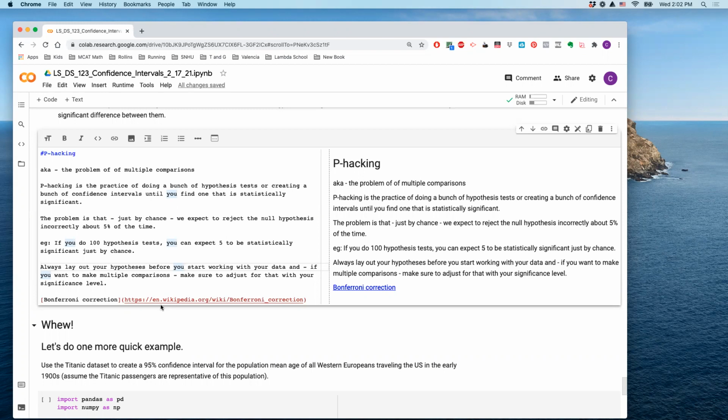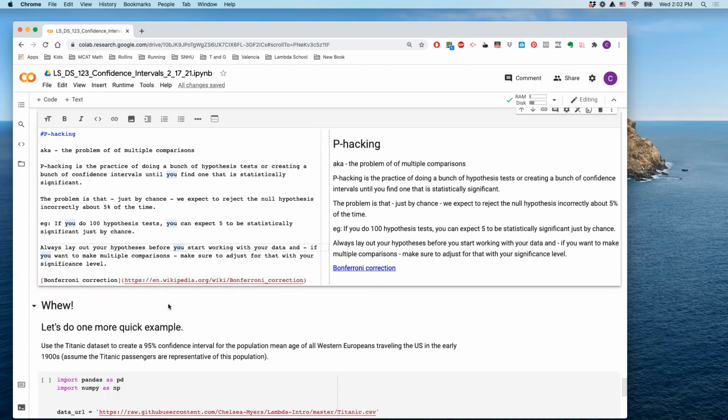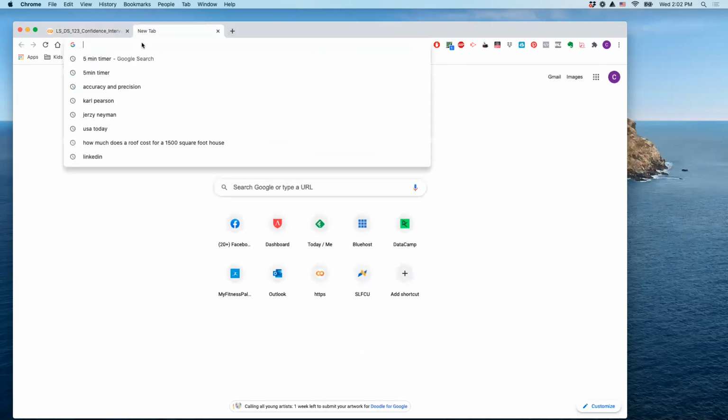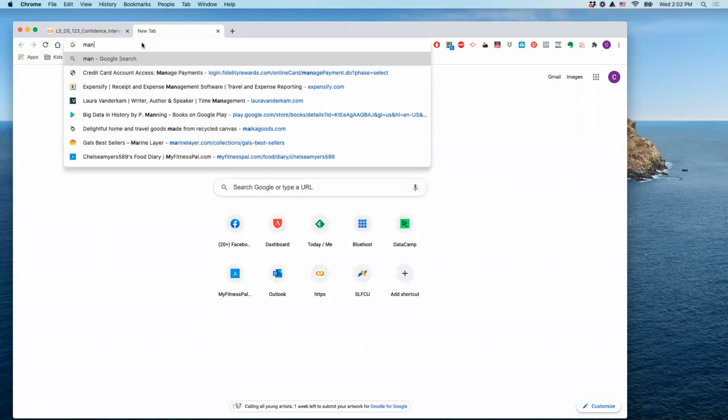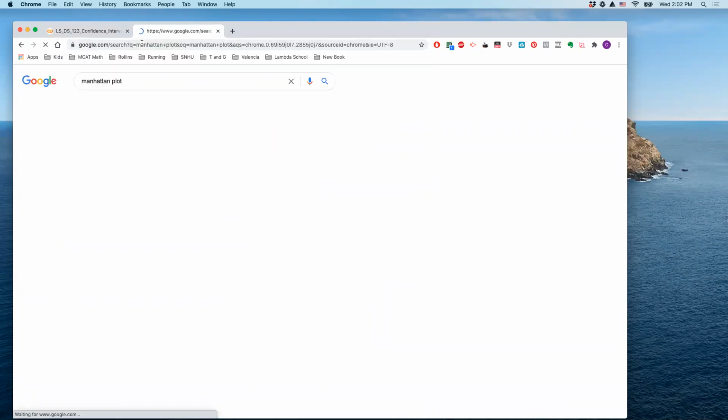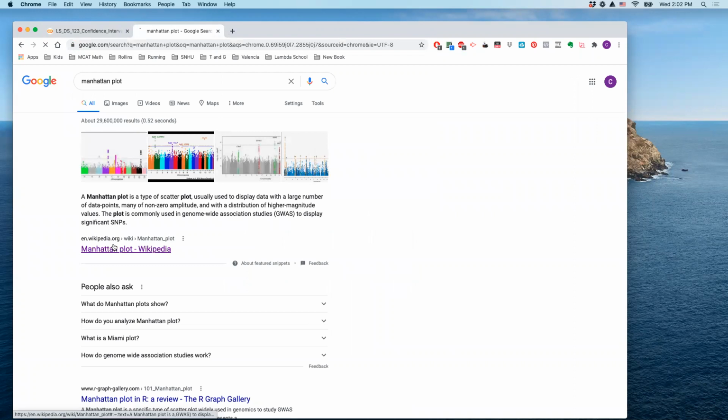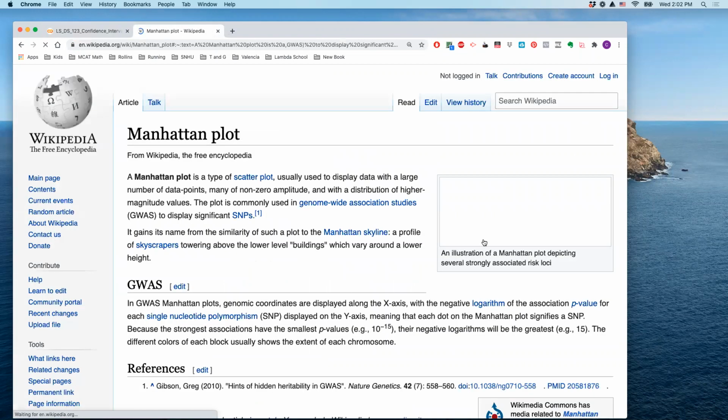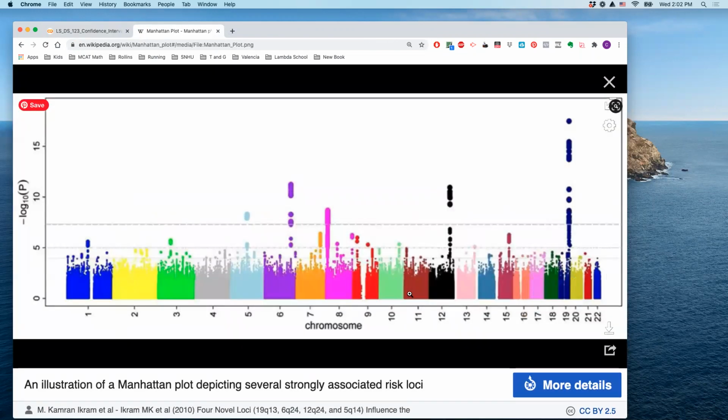I know we're headed into lunchtime. I'll give you this example later. But I just wanted to point out one other interesting figure that illustrates what to do. So this idea of wanting to make multiple comparisons, this is a fine thing to want to do. It's not good to p-hack, but perhaps one day you might want to make a lot of comparisons.